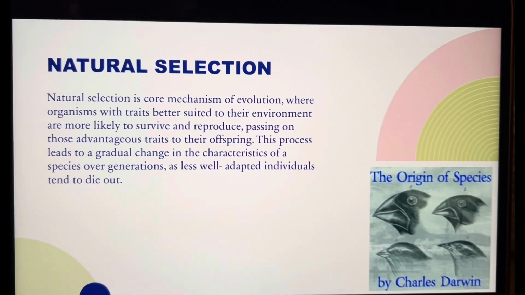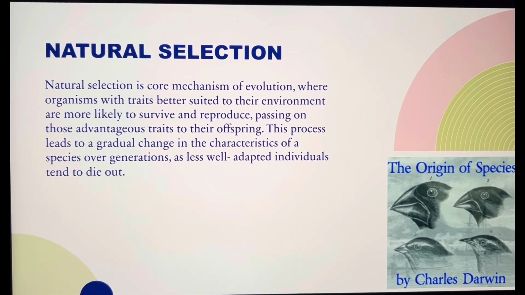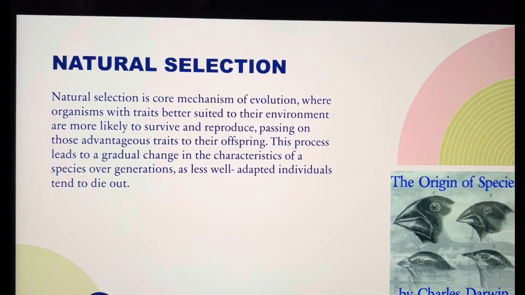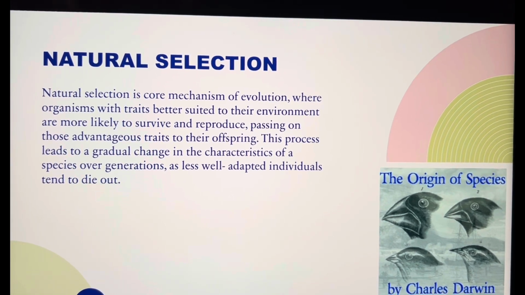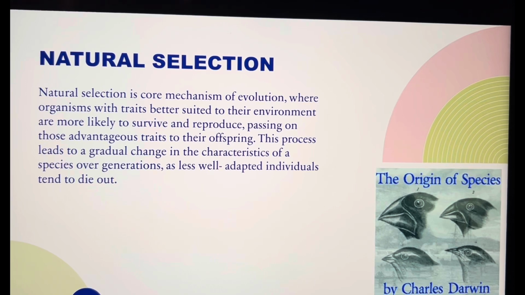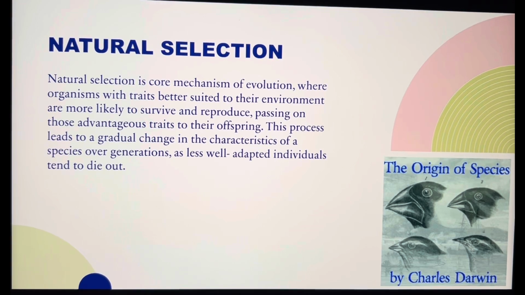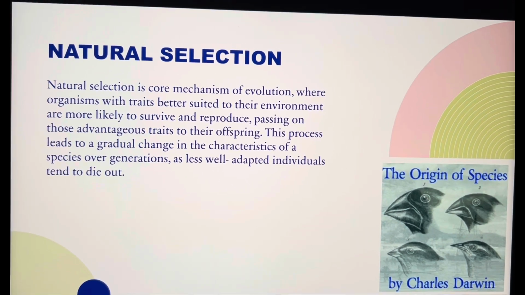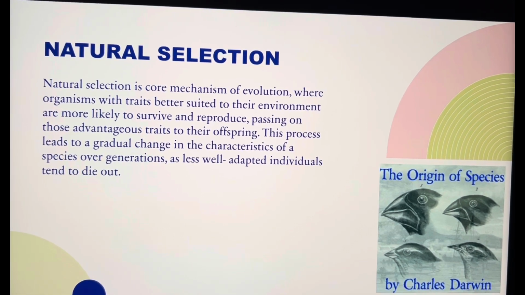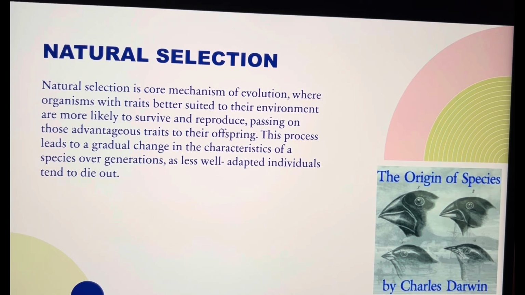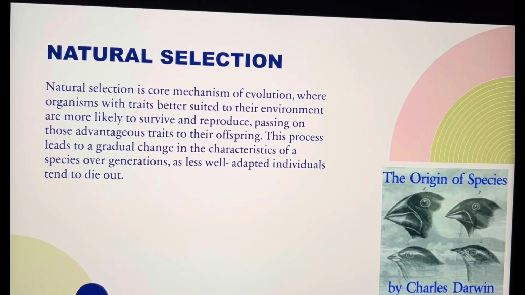Okay, so a little bit about natural selection, which obviously ties into our presentation. Natural selection is a process or mechanism of evolution where organisms or a species, like humans, have different traits. Organisms that are better suited to the environment are more likely to survive, reproduce, and pass on those traits that help them survive. This process leads to a change in the characteristics of species over generations, as less well-adapted individuals